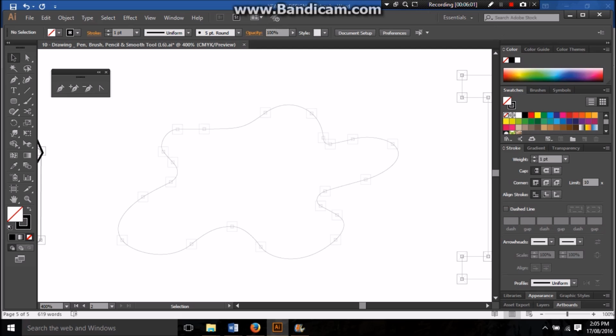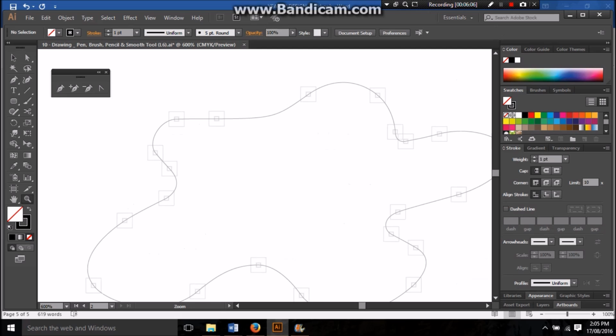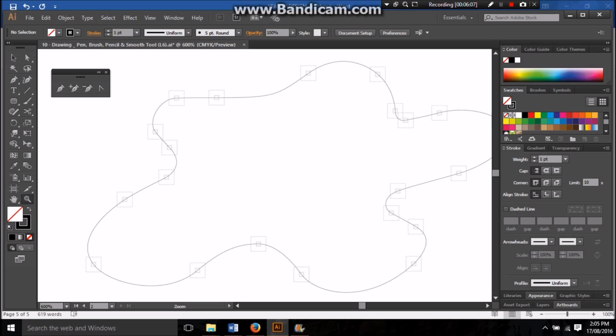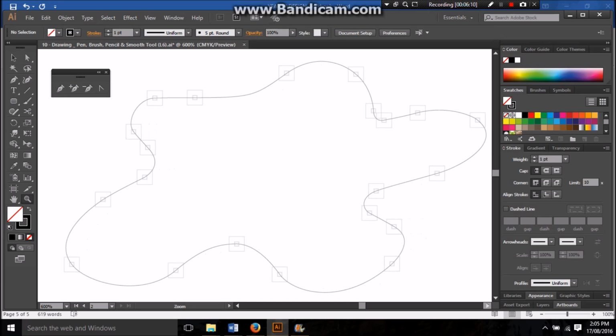Now if we come over to this blob here, you can see the anchor points. I'm just going to zoom in one more time, and you can see all these anchor points here. Now this is when it gets quite tricky. We're going to use the pen tool,